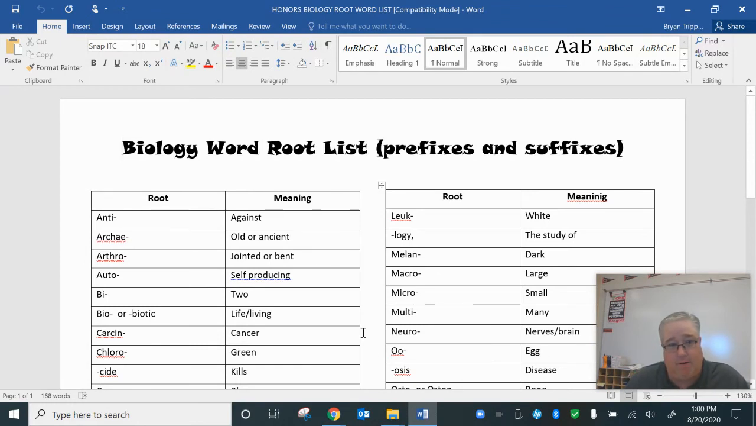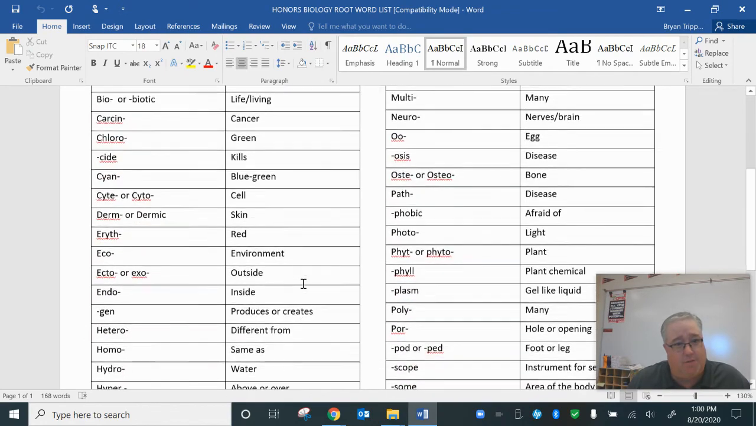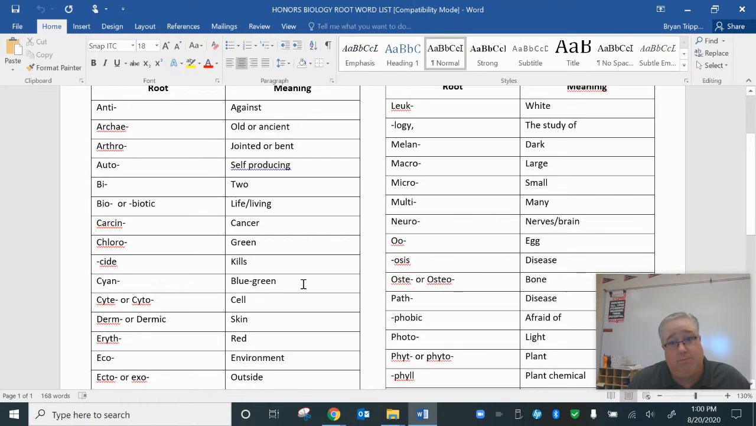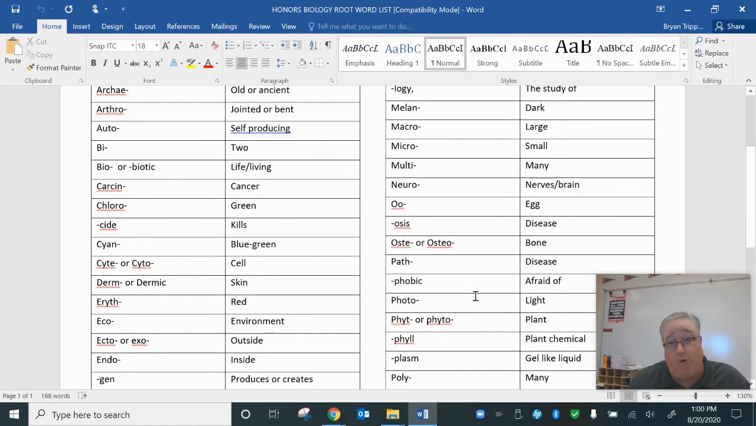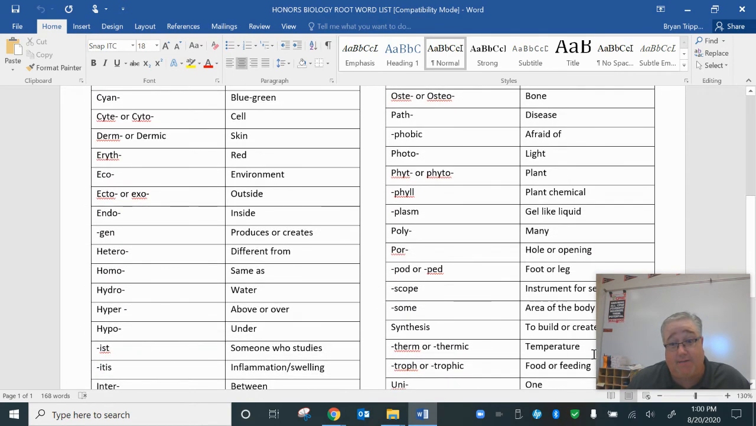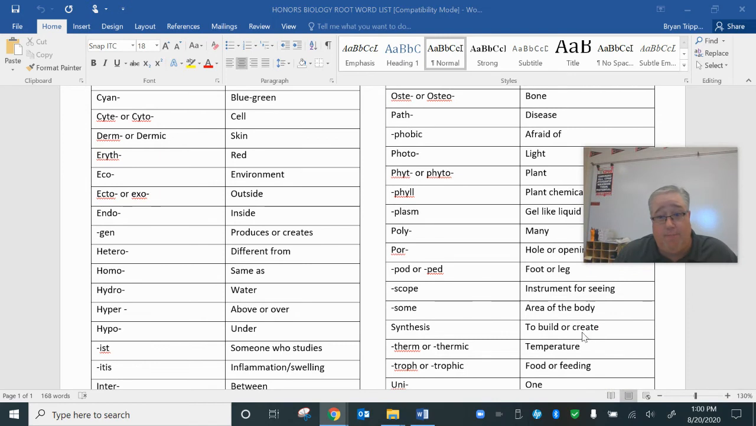So, like today, I talked about biology. Here's a couple more terms, and some words that maybe you've heard of before, maybe you haven't. Photosynthesis. Let's just take a look at photosynthesis. You've heard of that word before, but let's look up the roots. Where do we have photo? Here it is. Photo means light. Synthesis means to build or